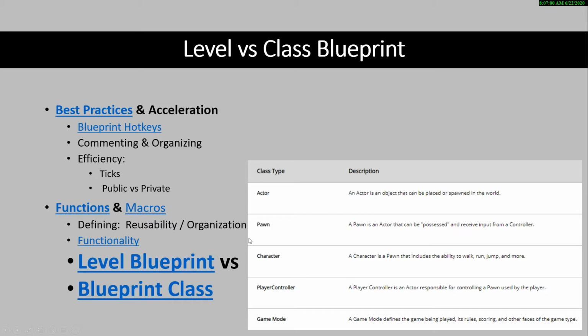However, now that we're starting to use blueprint classes, you'll start to see a lot of differentiation between these different classes. They can hold a lot or a little bit of information. Actor classes can hold very little, same thing with game modes, and they can be used for specialized different functions as well. So game modes set up your game. They can even talk between each other, right? A pawn can receive information from the player controller class.